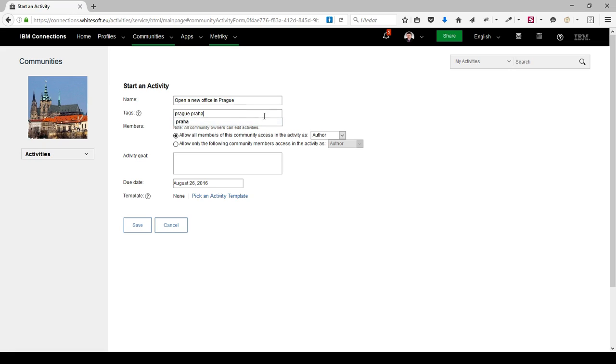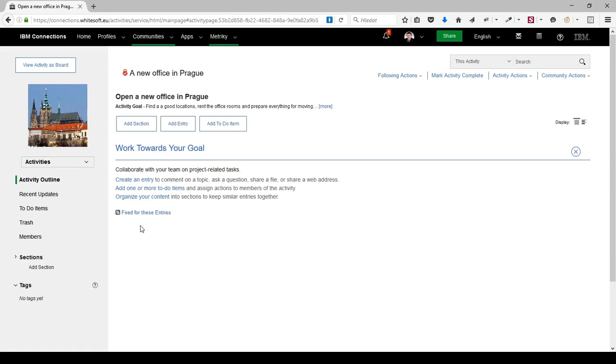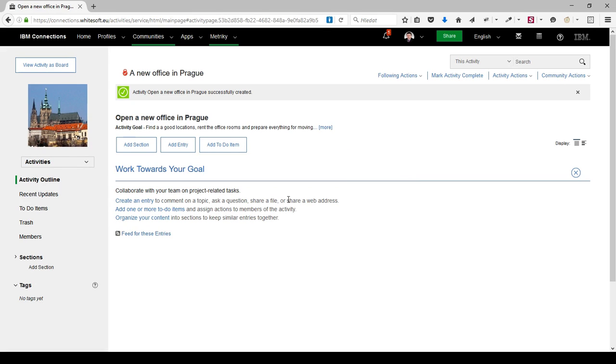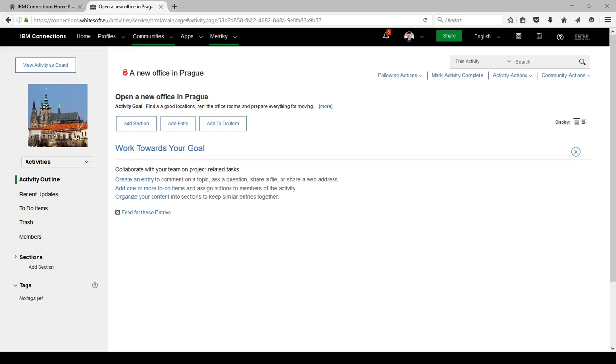Then I have to choose what the access options are for this activity, whether all members of the committee have access, and I can type a longer description. Set the due date and click Save, and very quickly I have created my first activity. Each activity can contain entries, to-do items, or